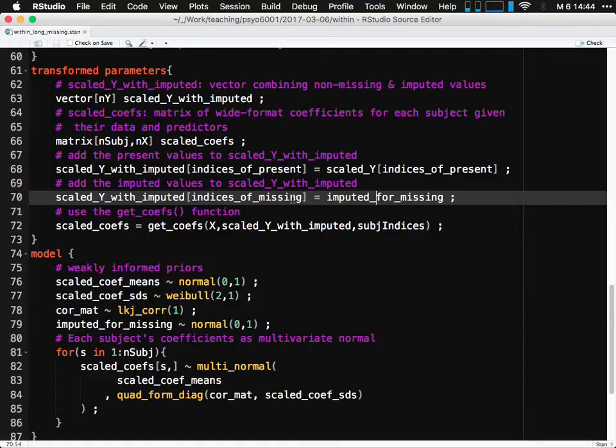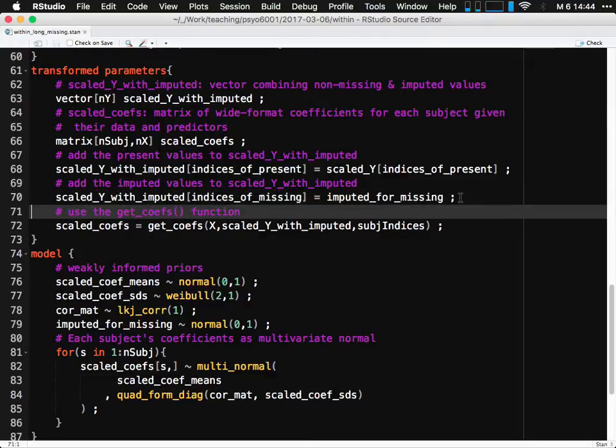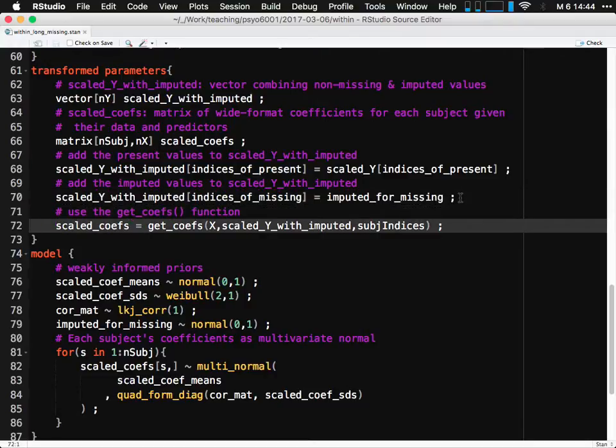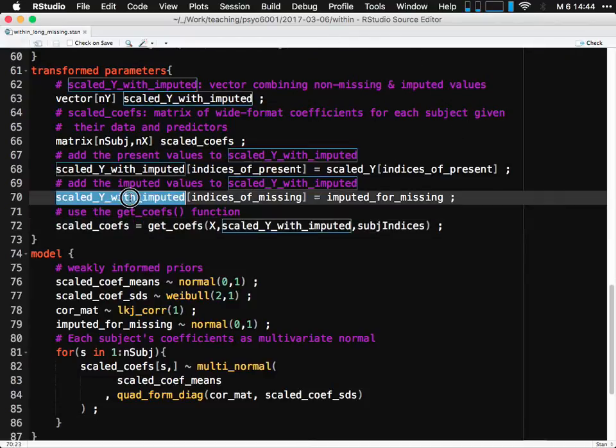That might be of use for scenarios where you're not only doing exploratory research, but you want to label people as having certain disorders and things, and we'll actually get out predictions for their missing data point. So having now created this new thing, scaled y with imputed, we can now compute this other thing I promised we were going to compute,